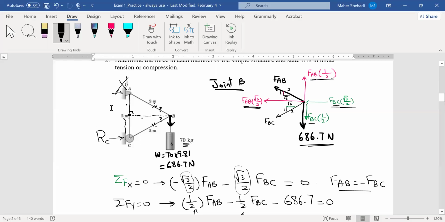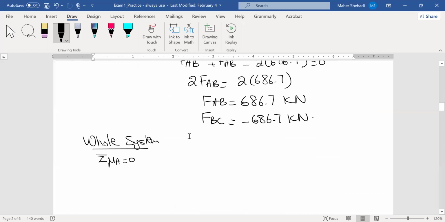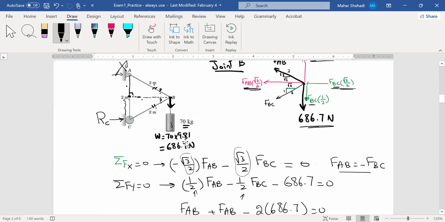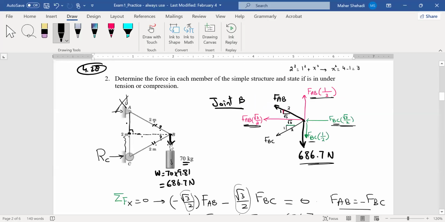I'll solve for RC first, considering the whole system, and then we'll look into just as a check to do this, this, and this. One time from point C, one time from the whole system. If I take the moment about point A, I have RC rotating in the counterclockwise direction. So RC times 2 meters. And then we have the 686.7. It's rotating in this direction, so it's minus